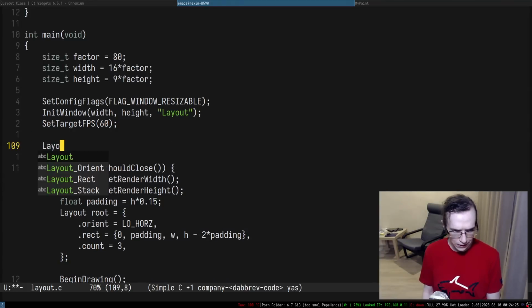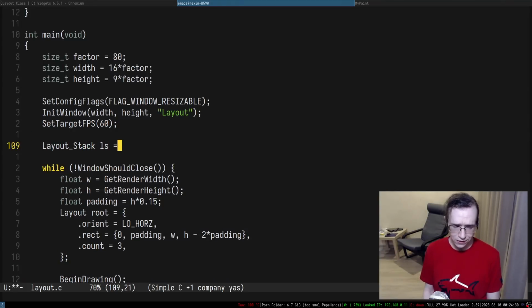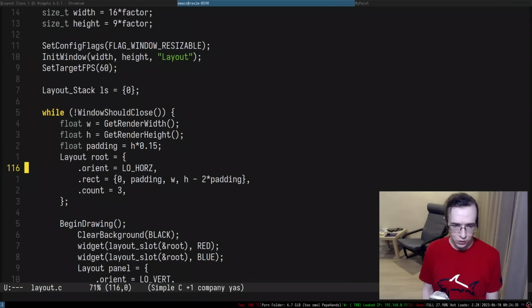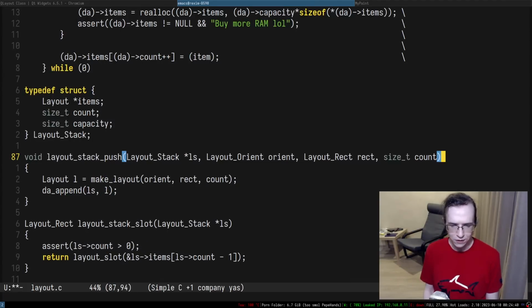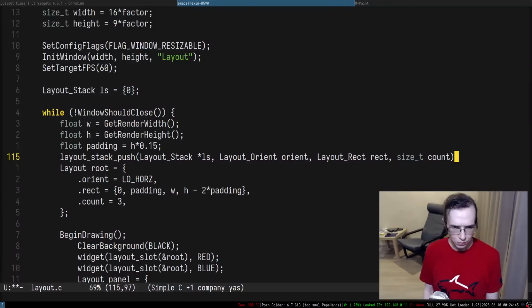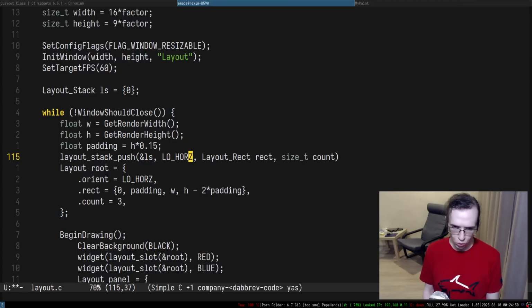So let's say layout stack, this is ls, and we're going to initialize it with 0. So the first thing we're going to be doing in here is pushing, layout stack push. So let me actually copy paste this entire thing. We give this thing a horizontal one, so it's going to be low horse.